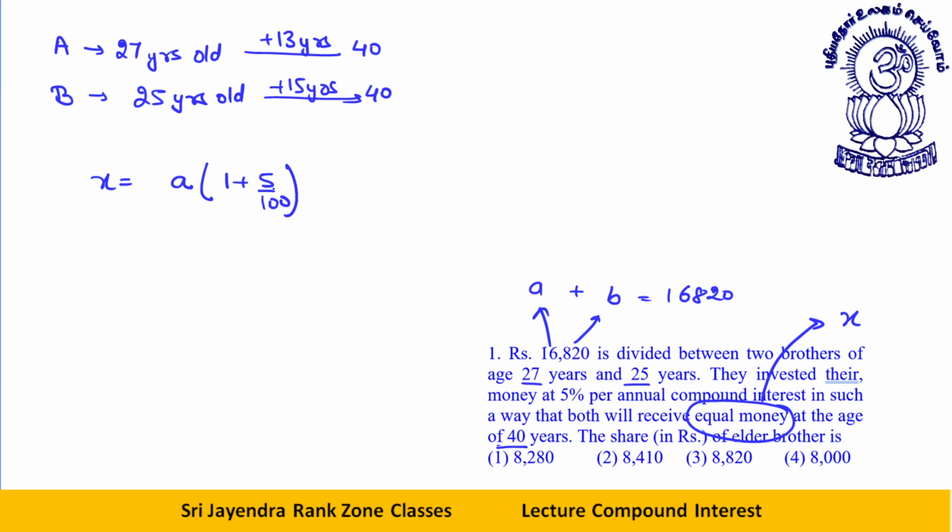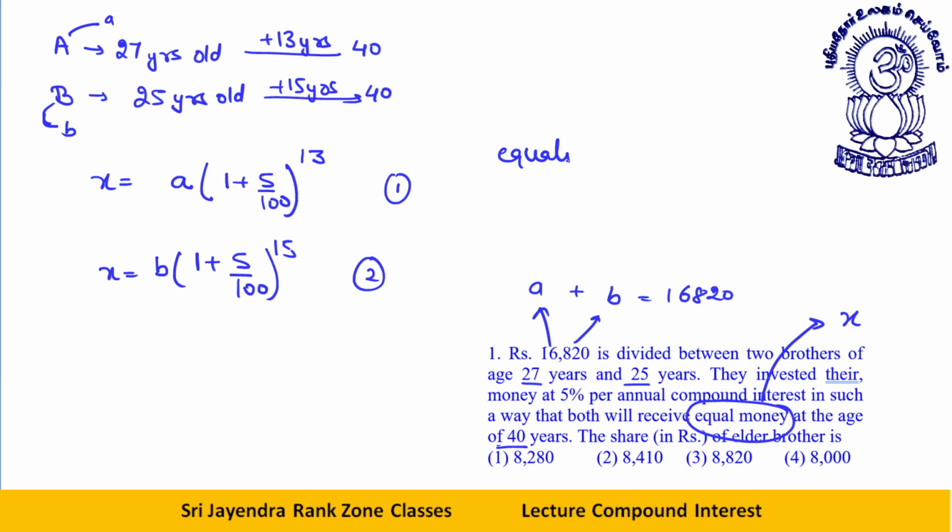A into 1 plus r by 100 raised to the power 13. Also, x is equal to, if I talk about B, suppose B gets B rupees. The share of A is A, the share of B is B. B into 1 plus 5 by 100 raised to the power 15, like this. Now both of them are x. This is equation 1, this is equation 2. If I equate 1 and 2,